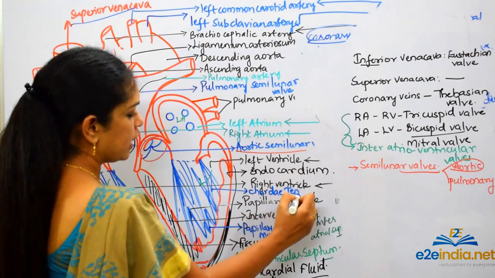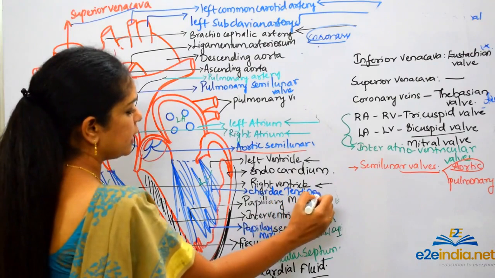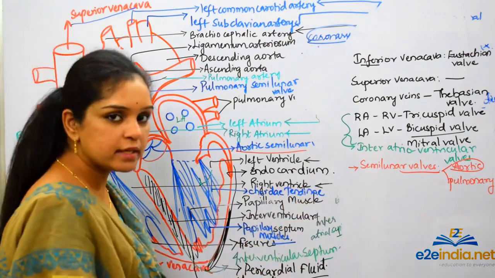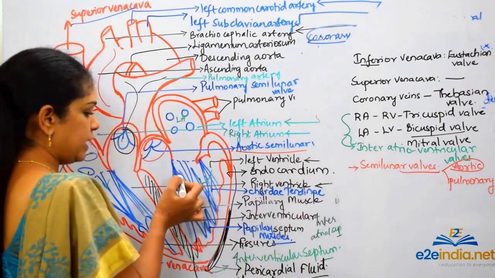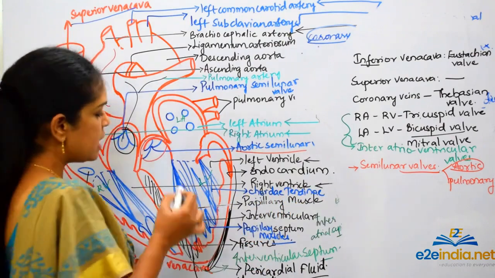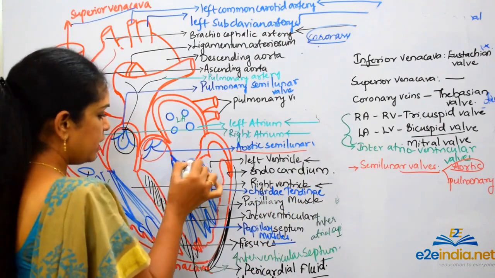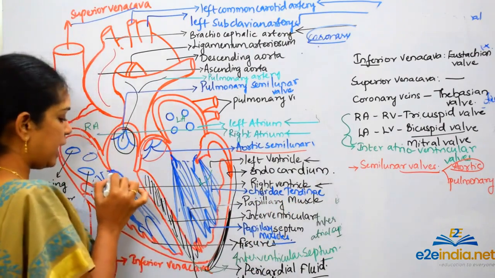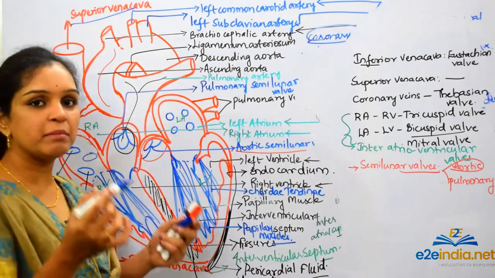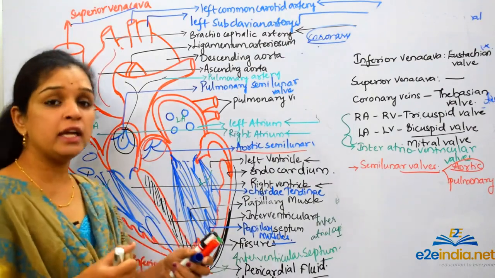Chordae tendineae. What are these chordae tendineae? What is their importance here? These chordae tendineae, white fibrous cords, will hold the bicuspid and tricuspid valves very tight during